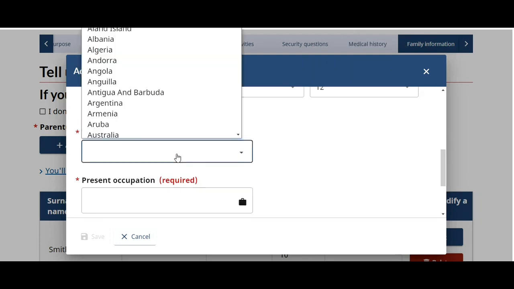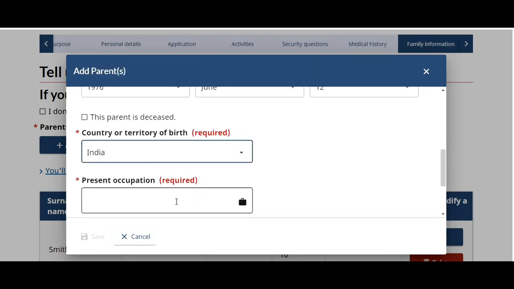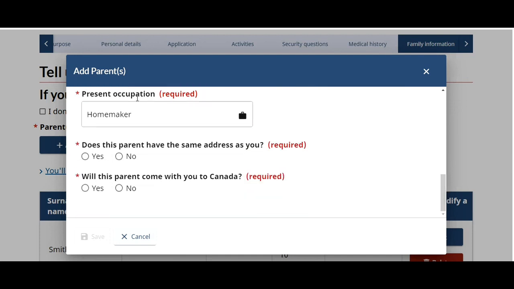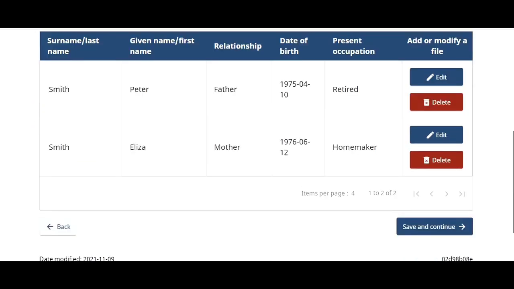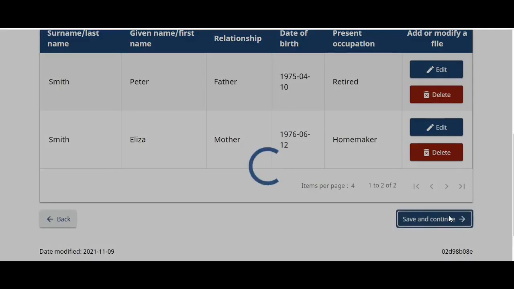Country or territory of birth, India. Present occupation, homemaker. Do I have any search option here? No. Okay, homemaker. Same address, yes. Will she come to Canada with you? No. Select, yeah. Save and continue.